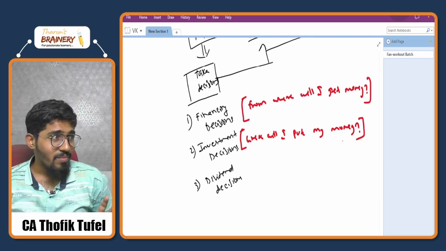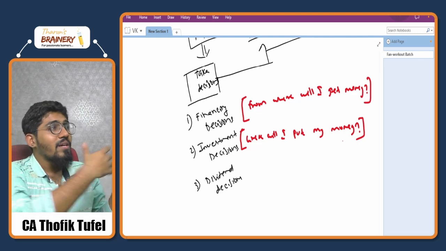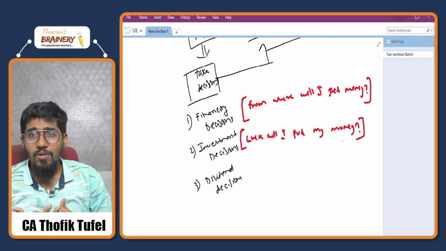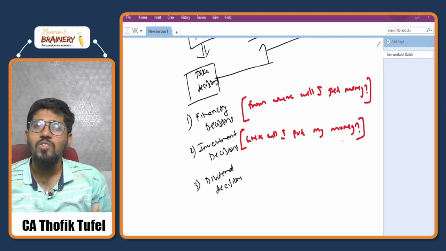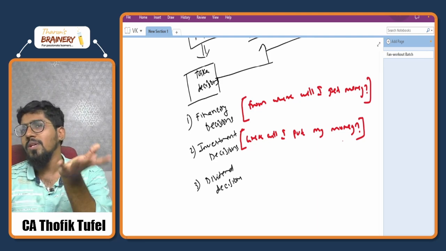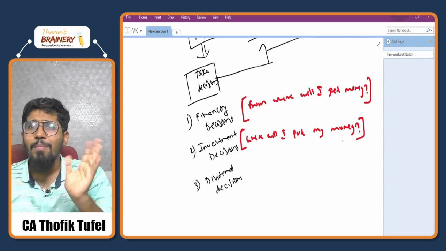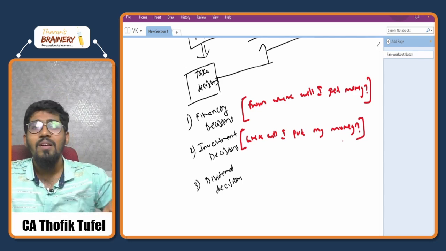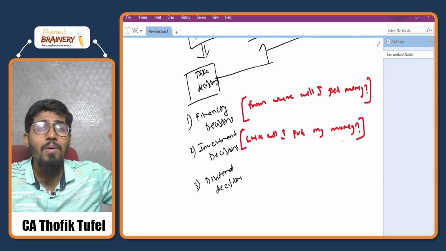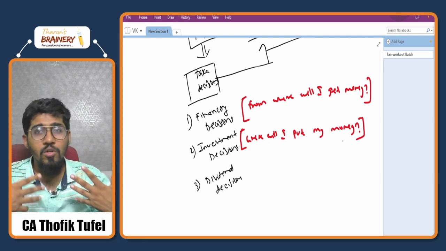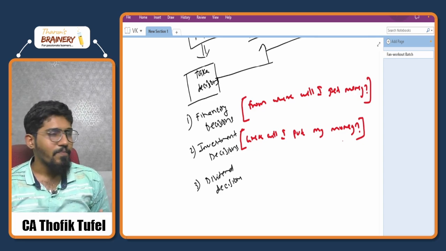Now, let us jump to financial management. In financial management, you are investing your money somewhere, whatever finance you have raised. You're going to invest in the investment decisions. This is the investment decision. Say you have chosen business proposal A, and you have invested your money in business A. My business is a textile business, which means a garment shop. I'm just opening a textile shop. I've invested some money. I've taken the shop at rent. I've purchased raw materials. I've hired some people. A lot of investment I did.